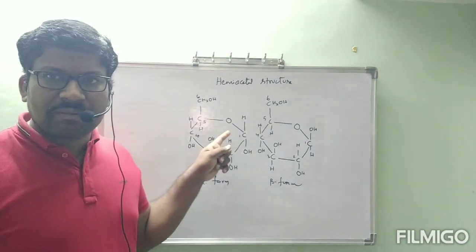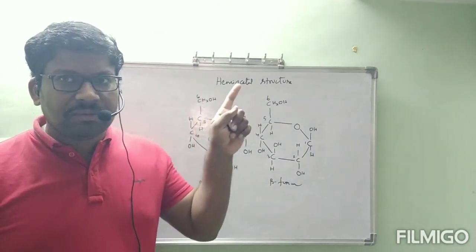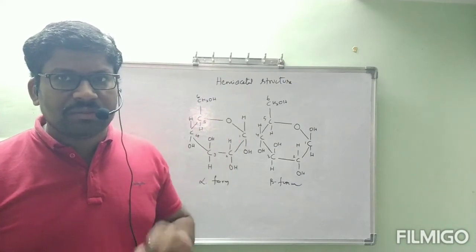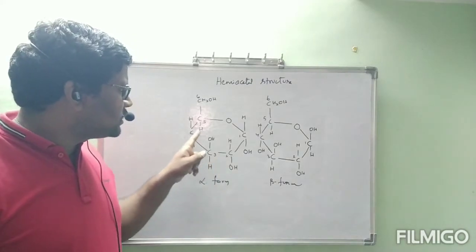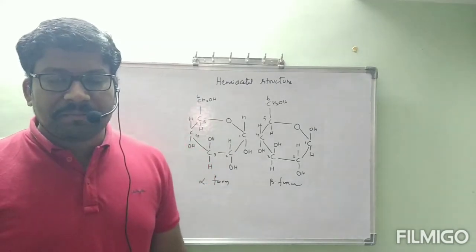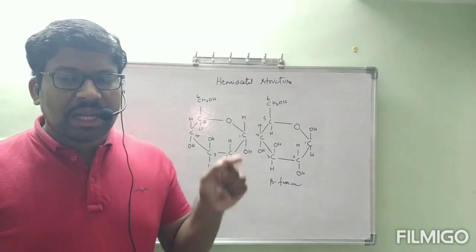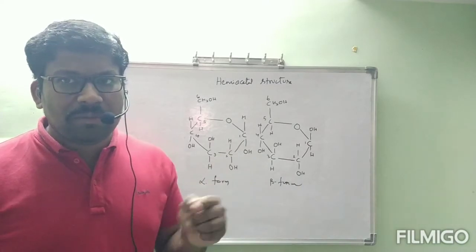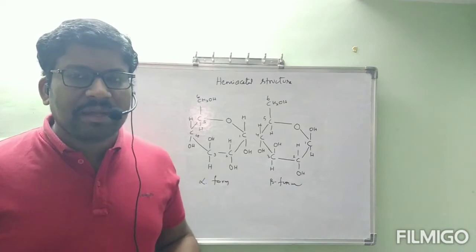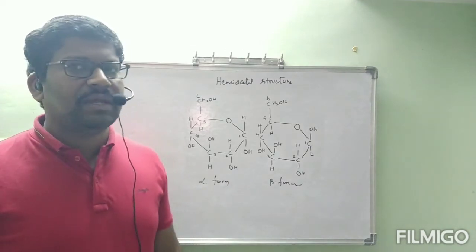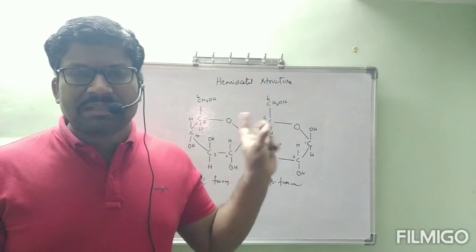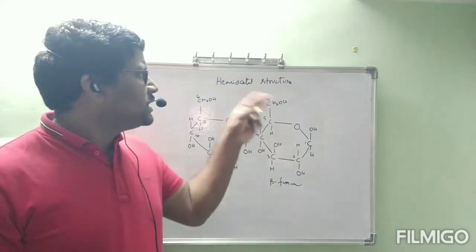How is this closed structure formed? In the open chain, the first carbon contains the aldehyde group, and the fifth carbon contains the OH group. That aldehyde and OH are going to react to form that closed ring. Then hemiacetal is formed. That's why we are writing hemiacetal structure. This is not that important, but if you remember, it is better. So this is the hemiacetal structure.